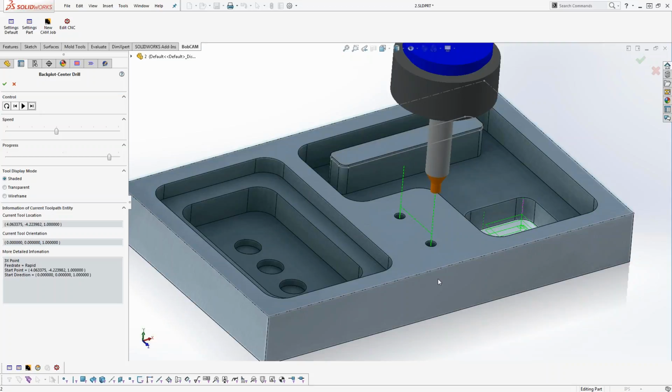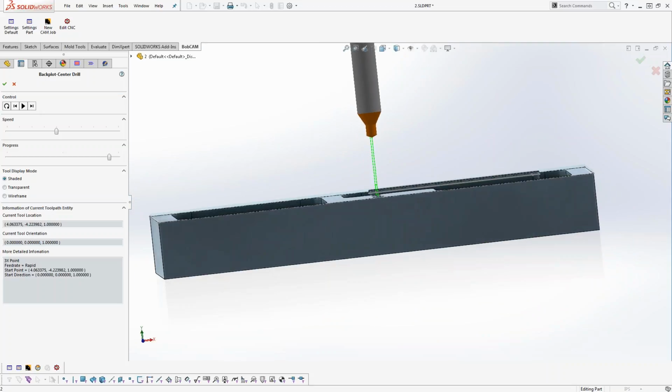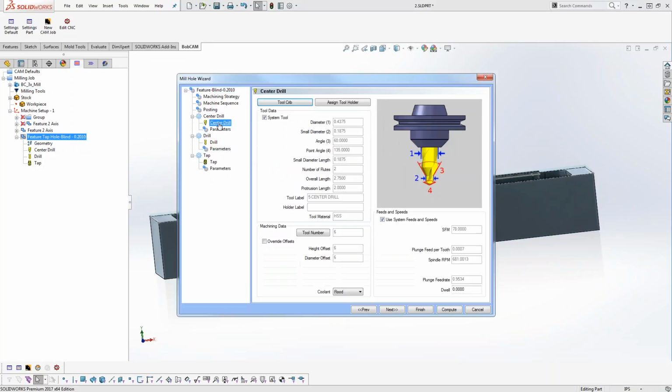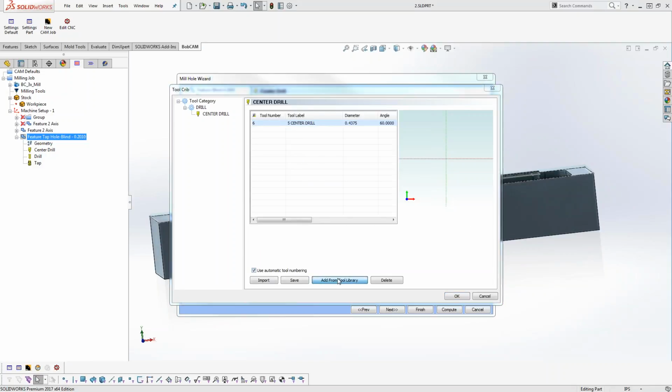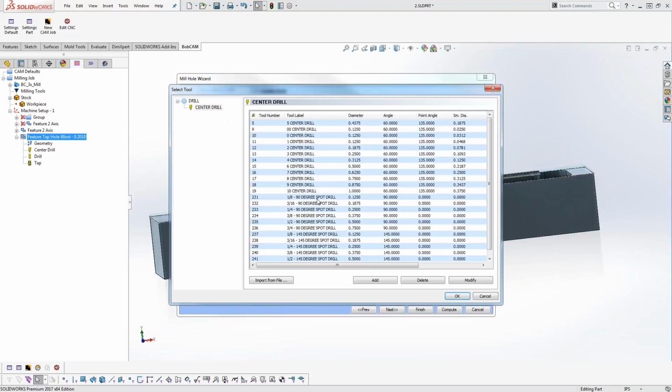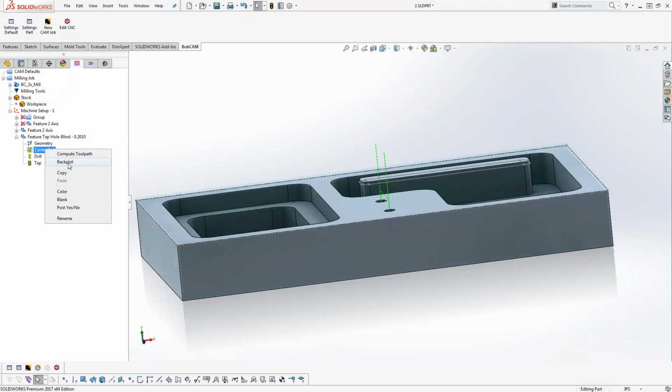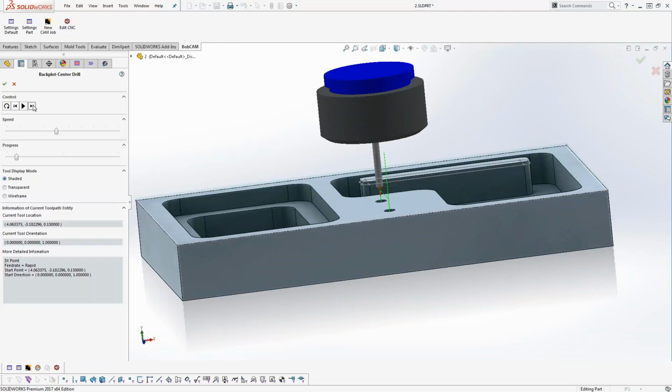You may not want to use this, it's like a center drill. So you may say, hey, Al, that's a center drill. I don't want to use the center drill. I want to use a spot drill. Hey, no big deal. Come into your feature here where it says center drill. Go to your tool crib, add from tool library, and then you can grab like a 1/8, 3/8, or whatever, any of the standard spot drills that are already set up for you. Okay? You say OK. So now we have a spot instead of it being a